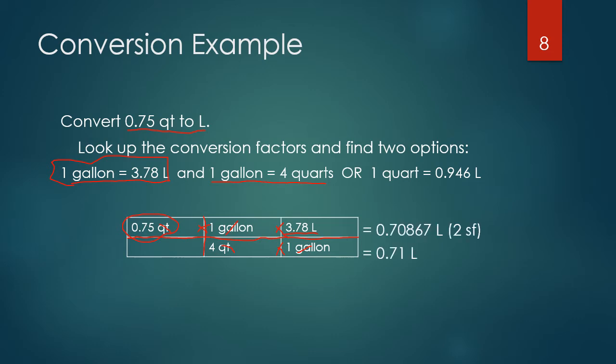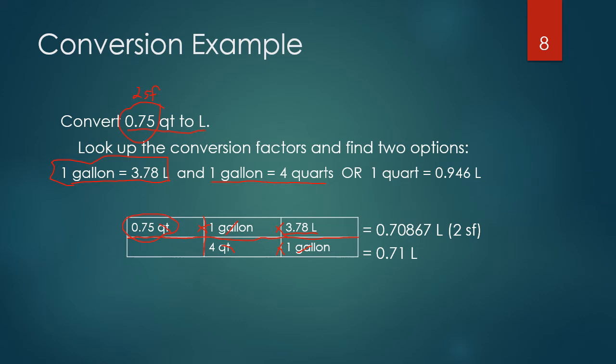The answer the calculator comes out with is 0.70867. Now we need to take into account significant figures. That's why we learned about them in the first part of the chapter. To figure out how many significant figures you need to report your answer in, you're going to look at the original problem and count how many significant figures were in the number given in the original problem. So 0.75 was the number given in the original problem, and that has 2 significant figures. So since there are 2 significant figures in the number given in the problem, we want 2 significant figures in